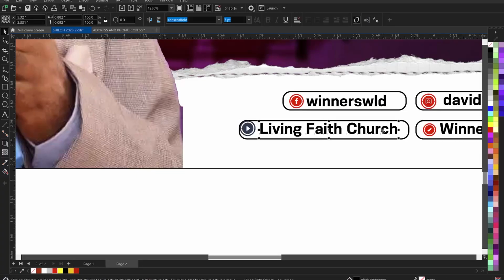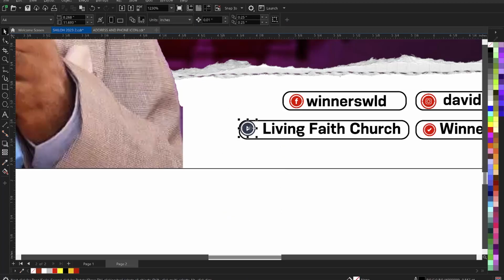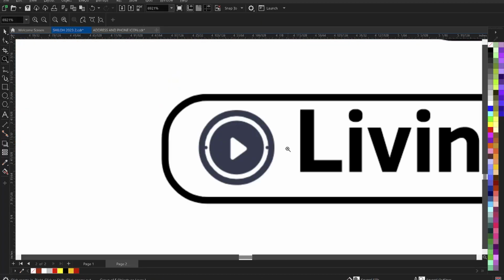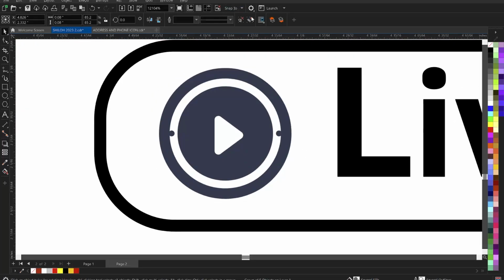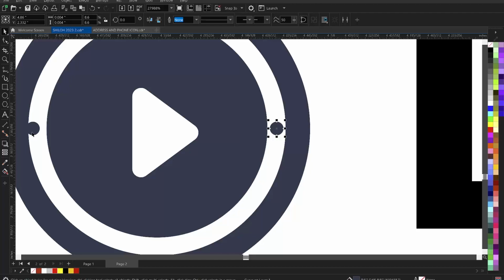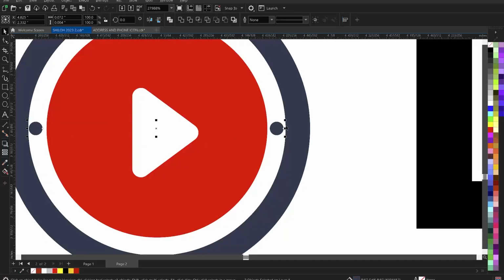Let's move this a little, right? And then we'll bring this guy in like this. Let's reduce it, right? When you reduce it like that, then you ungroup it. When you ungroup it, then you adjust just the way we've been adjusting everything since, right? Then you give it a red, give these two a red, and then give this a red as well,